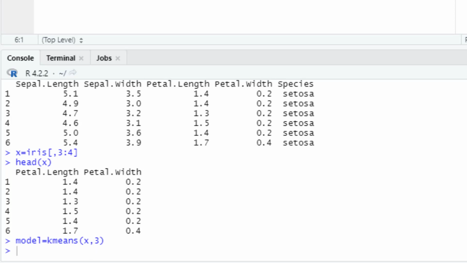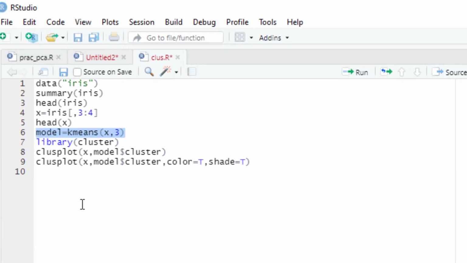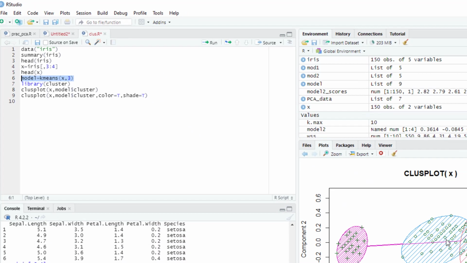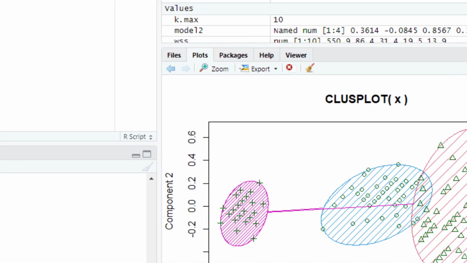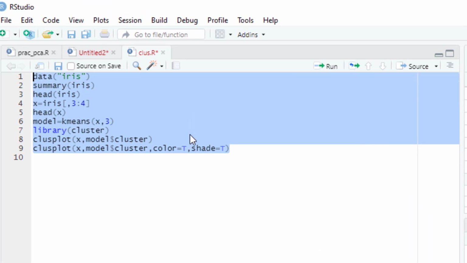Then students, we are going to load the cluster package. Do remember, clustering in R is done using the inbuilt package, which will perform all the mathematics. And then the clusplot function is basically going to create a 2D graph of the cluster. When we talk about the 2D graph, do remember component 1 and component 2 can be seen in the graph. See, over here it is executed, but I will execute again and show you all.